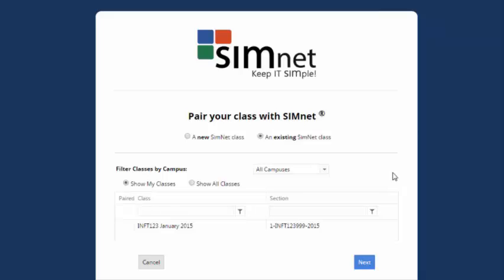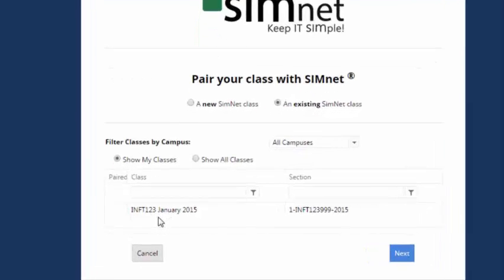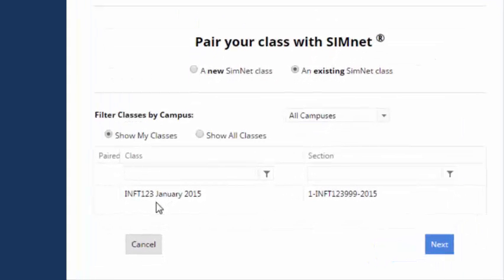Now it asks me what I'd like to do. It's going to give me two options. I can either pair with a brand new Simnet class, which we don't want to do, or I can pair with an existing Simnet class, and that's what we want to do. If I look down here, by default, Show My Classes is already highlighted, and you'll see that the campus administrator has placed a copy of the INFT123 course in my account. It says January 2015, which correlates with the season and the year that I'll be using this product, and it also says